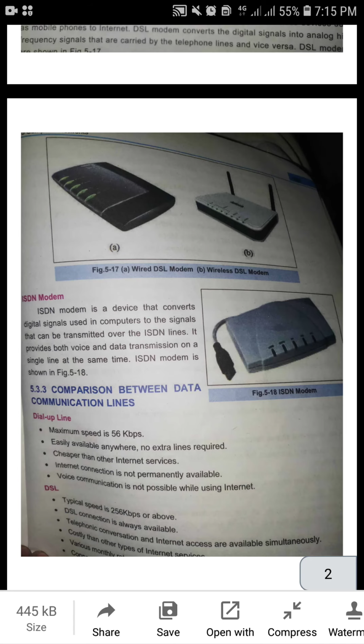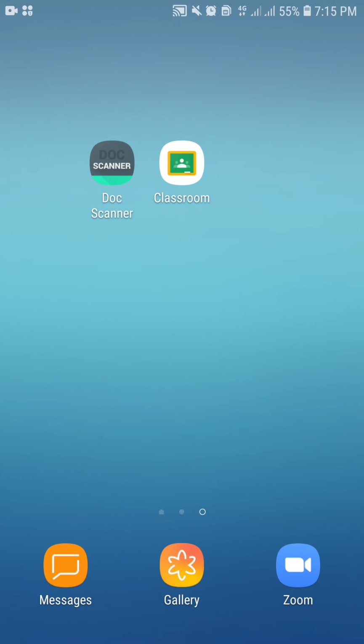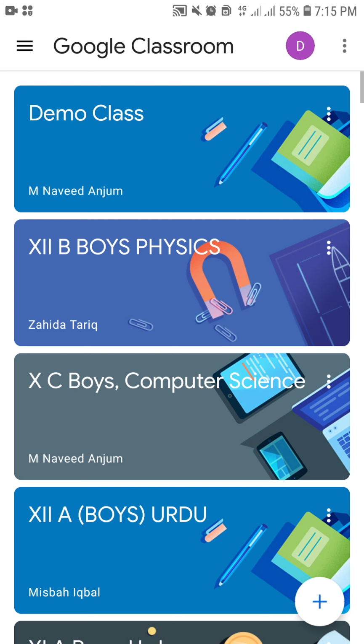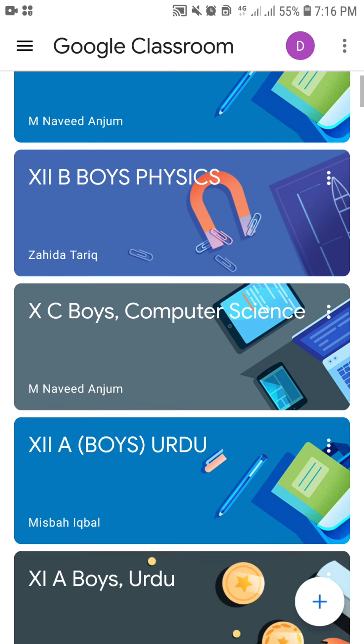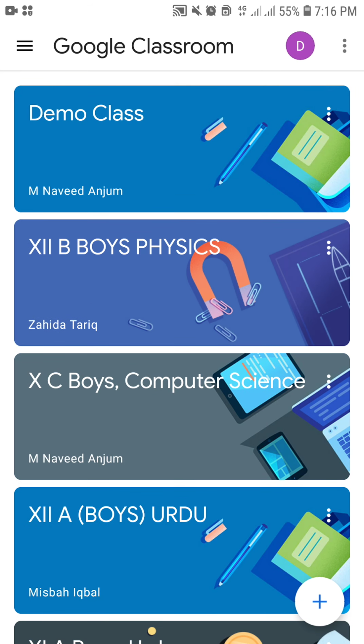So after that I'm going to open my classroom that I have already joined. So the classroom app, you will click on the classroom app. If you don't have the classroom app installed on your mobile phone, you will have to install it and join it with the email ID. Okay, you should already have your email ID. You will join the classroom. The links of the classrooms have already been provided to you, so you will join the classes with those links.